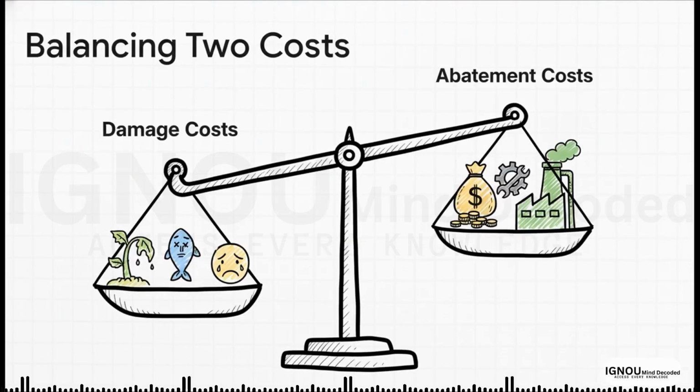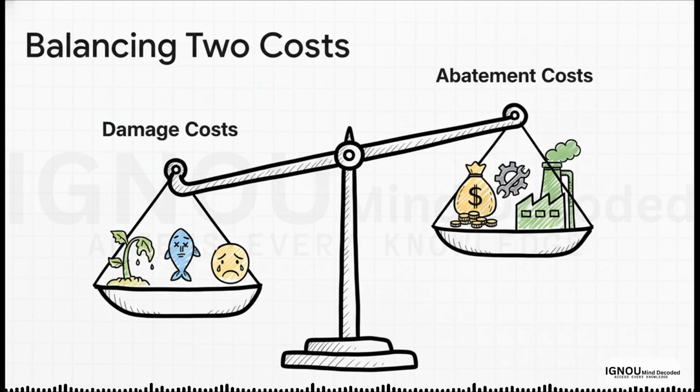Well, it's a balancing act. On one side of the scale, you have damage costs. This is all the harm caused by pollution, health problems, damage to buildings and crops, all that bad stuff. On the other side, you have abatement costs. This is what it costs to reduce or clean up pollution, like a factory spending millions on new filters. The optimal level is that sweet spot where the total of those two costs combined is as low as it